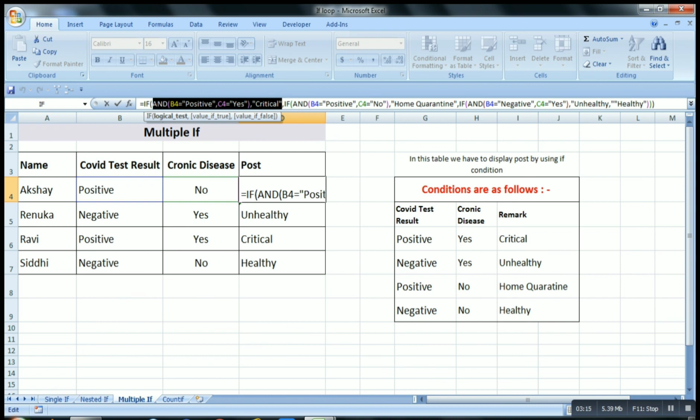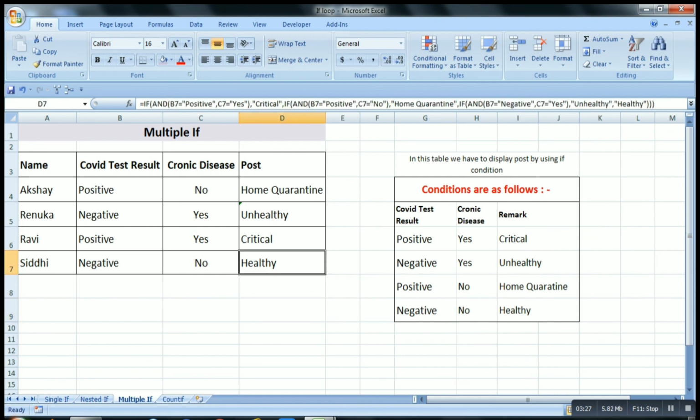Third, if this also fails, then if it is negative and yes, then put the remark as unhealthy, otherwise as healthy. And there are 3 closing brackets for the IFs. As we used 3 IFs, put 3 closing brackets. This is what you have to take care of. Every time you have to write the second IF and the combination of conditions in the false section of the first.